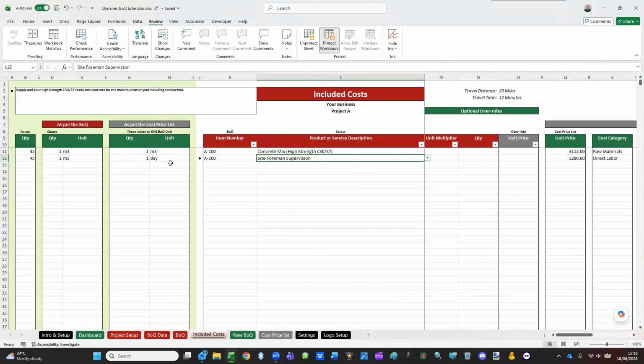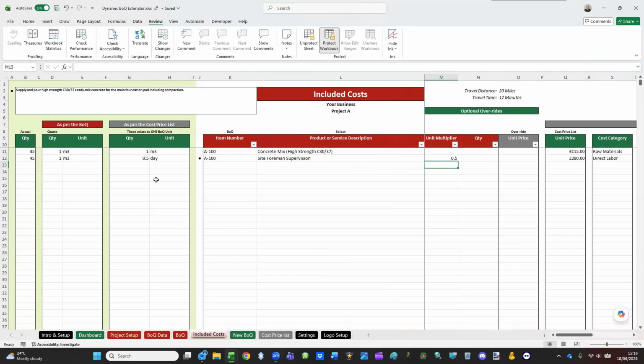I don't know how much it's going to be. That's completely up to you. If you go, well, that's actually half a day, you've got a choice of using one of these 2 columns. You can either put the unit multiplier in. What the unit multiplier means is if you say, well, the ruling is for every 1 cubic meter, I do half a day, for example, then what you can do is you can put a multiplier of 0.5,